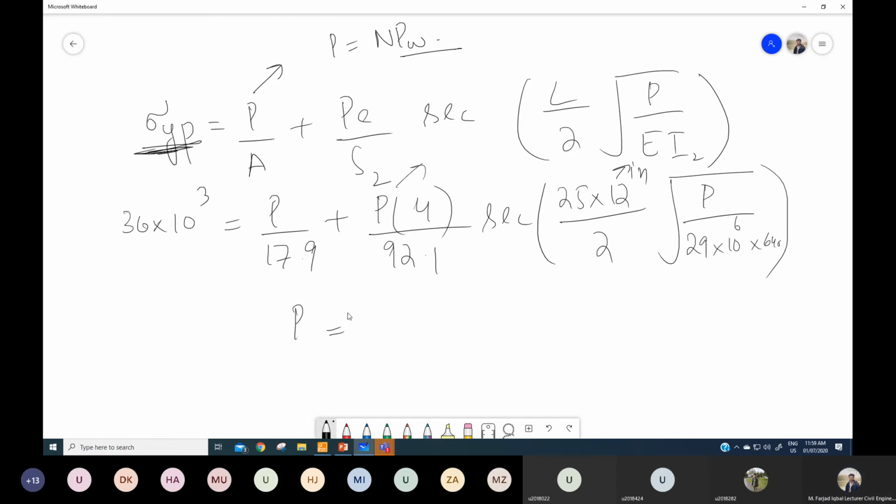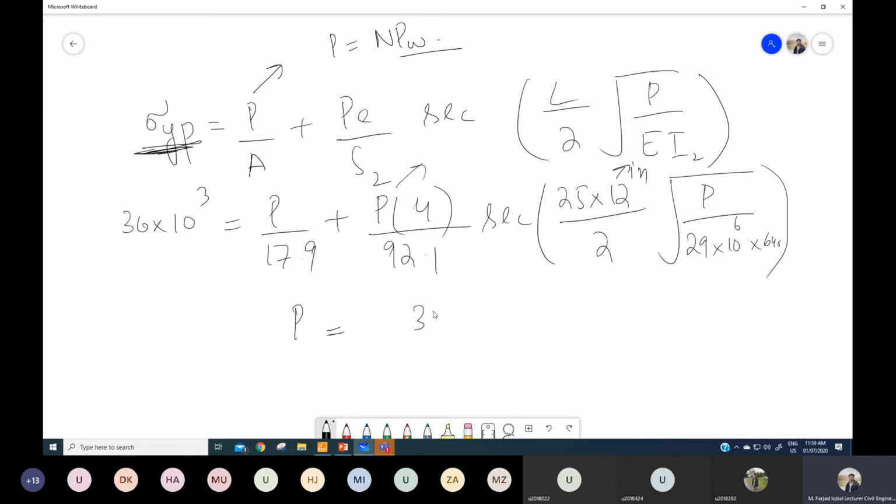Class. Zain, do you know how to solve this equation in calculator? For other students, I would say just learn this. Every calculator has this function. So for now, let me give you the answer.